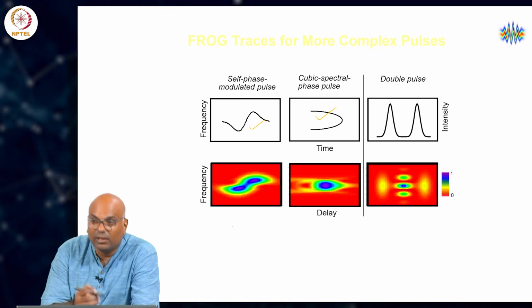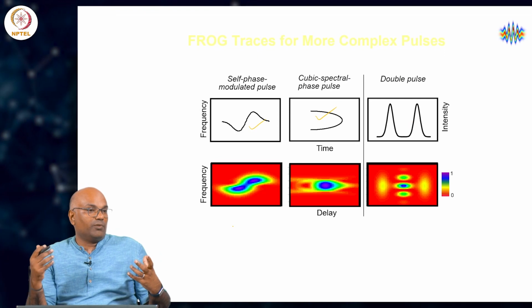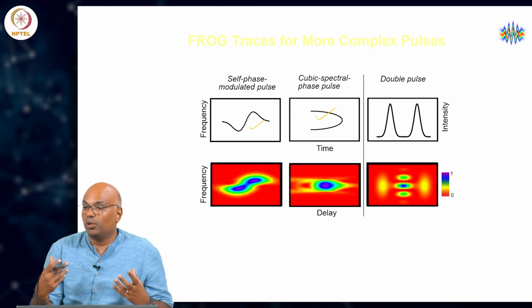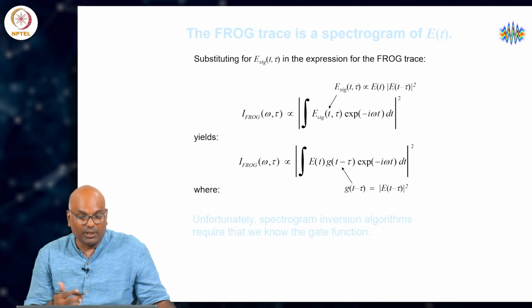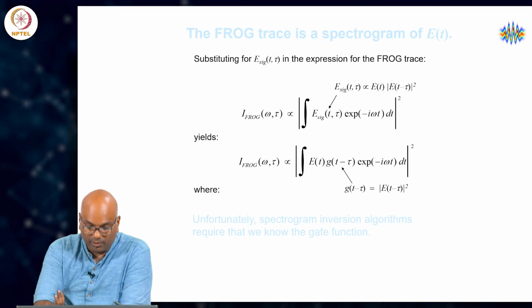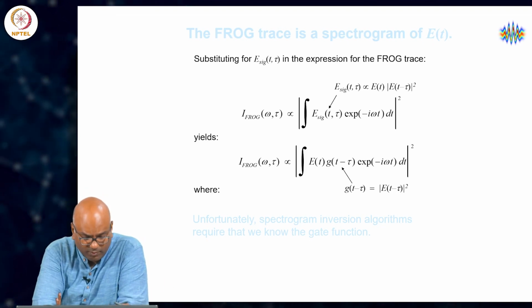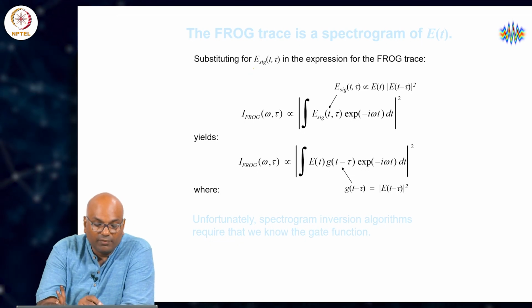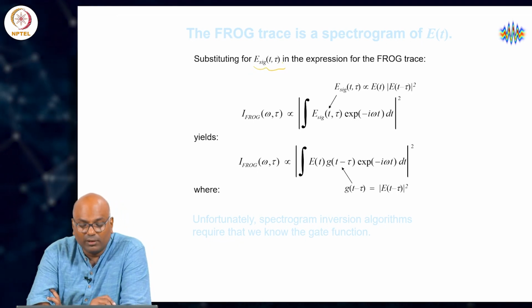The FROG trace, as it should be for each of these scenarios, should produce a unique two-dimensional stamp for the pulse, right. So, the FROG trace is indeed the spectrogram of the pulse, where we have substituted E signal